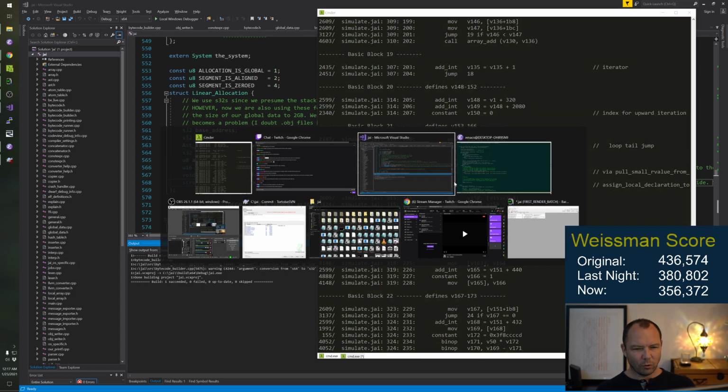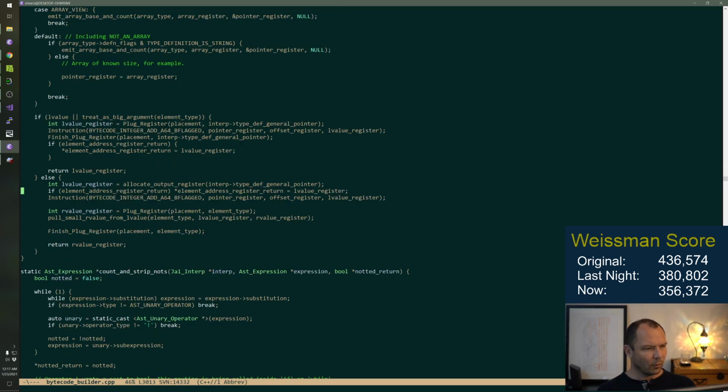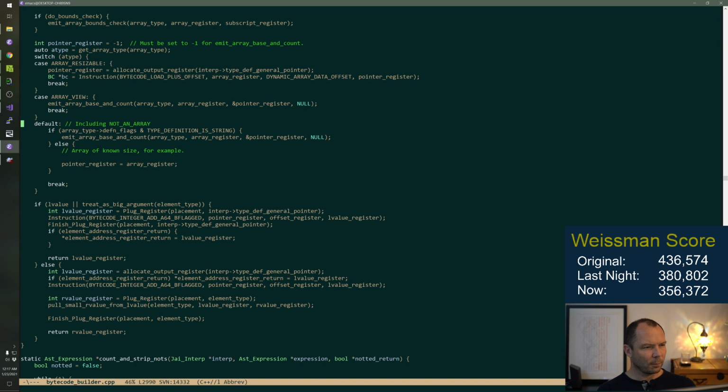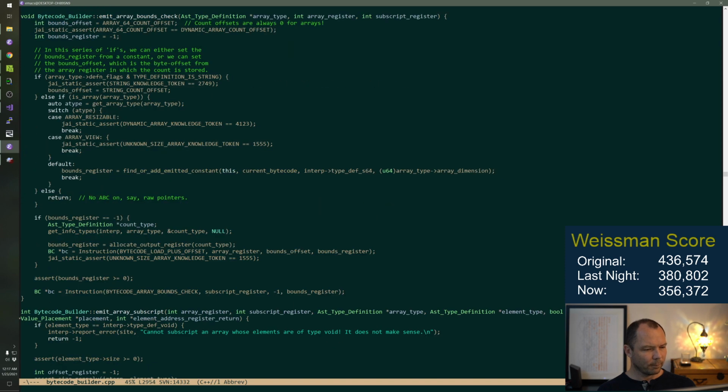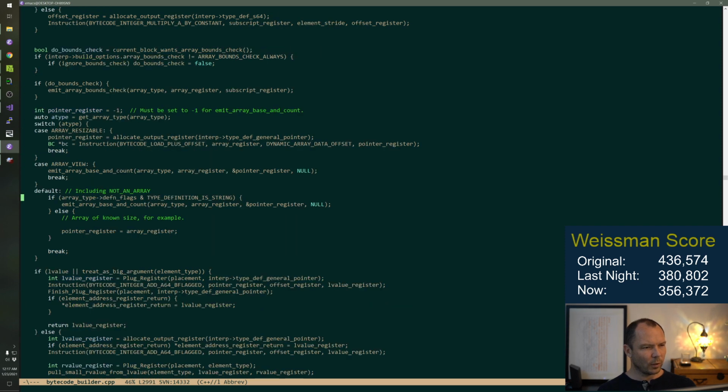So let's look at this line 3014. So this is emit array subscript. So pointer register.